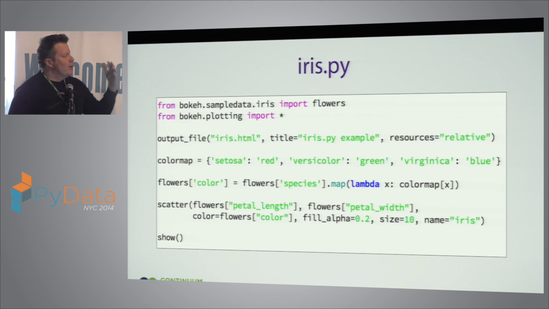So just a quick look at what this translation actually looks like. Here you might see some code that generates this iris plot. This is the iris data set with the different kinds of species of irises and colored by their species, and in this case, I guess it's the petal length versus the petal width. And so we can see what that plot looks like actually on